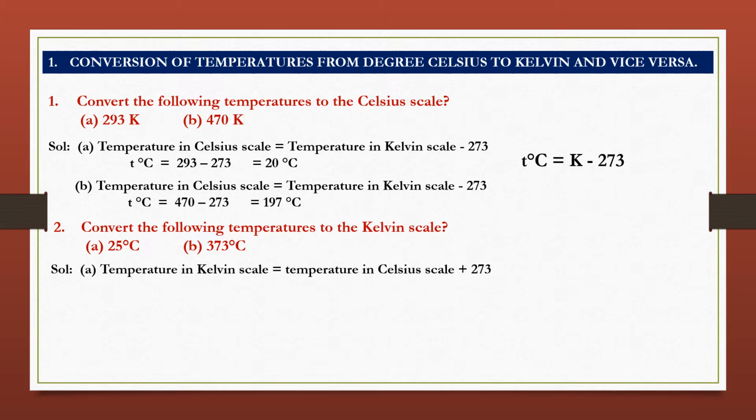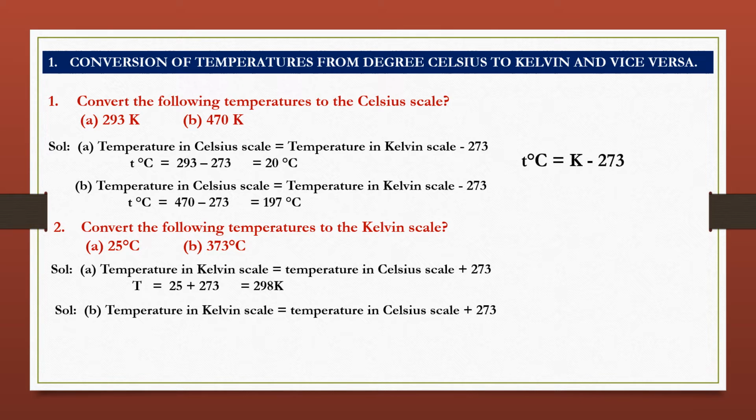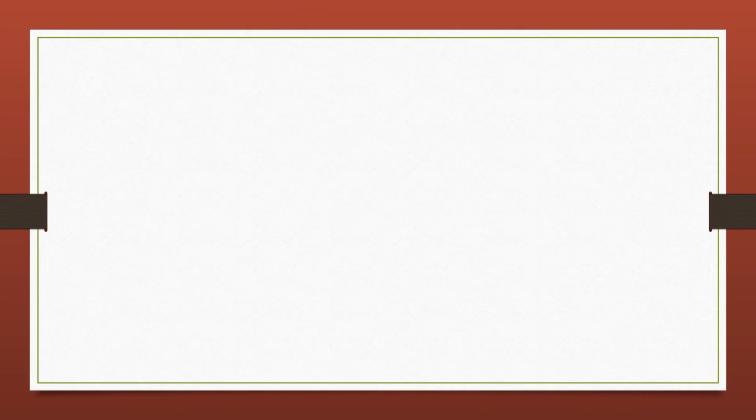Temperature in Kelvin scale is equal to temperature in Celsius scale plus 273. So the Celsius scale of temperature can be converted into Kelvin scale by adding 273 to the given temperature. The second problem can also be done by adding 273 to the given value. So finally we get 646 Kelvin. In this way we can convert Celsius scale to Kelvin scale and Kelvin scale to Celsius scale. Let us see a few more problems for better understanding.